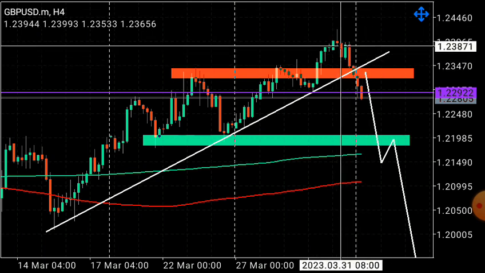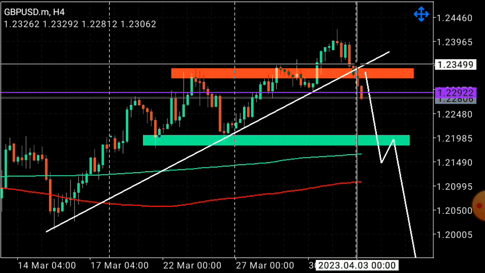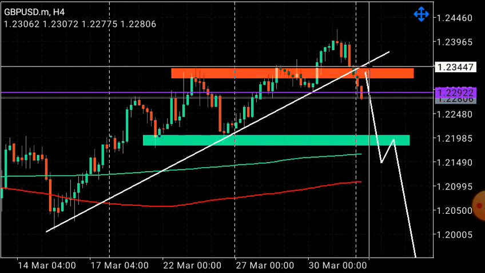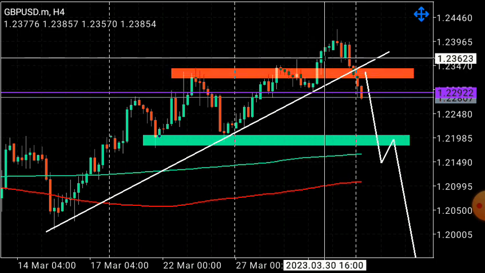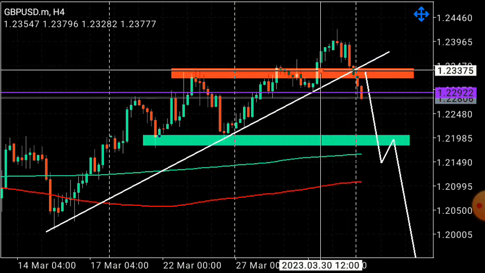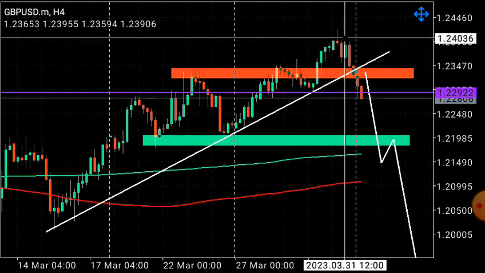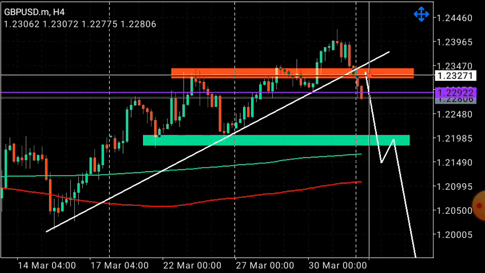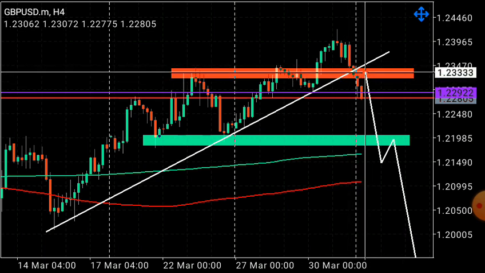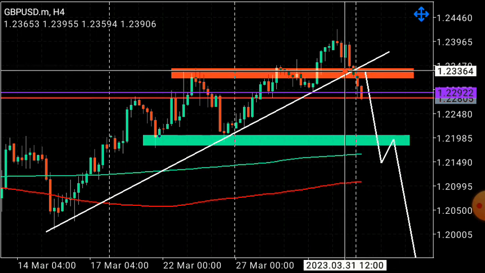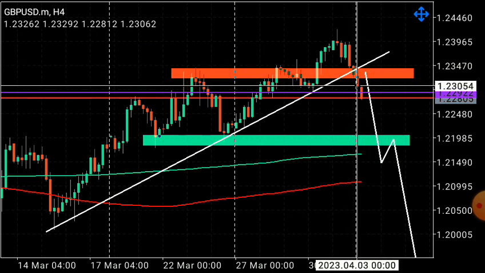There are more sellers coming into the market, so price broke out of the demand zone. I agree it was a resistance, guys. So it turned into a demand zone after price broke out of it. Now it's back to being a supply zone, a resistance zone. Price is failing to break this zone. It came into the sell territory. Now we're having a sell signal.